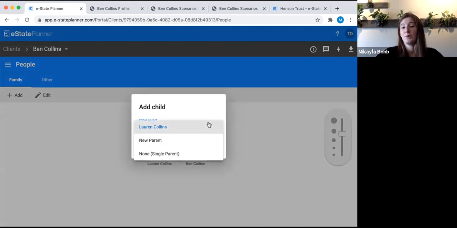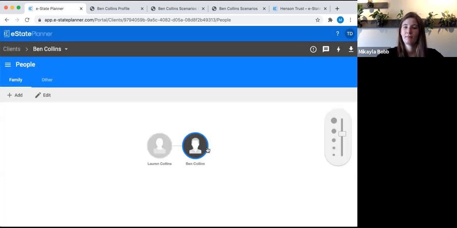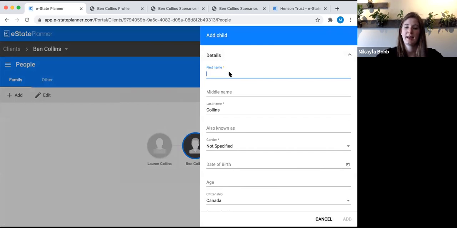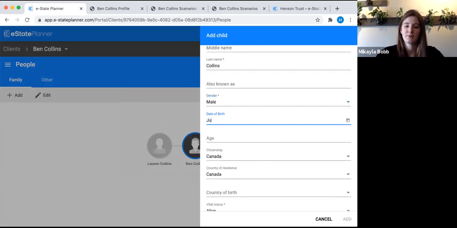And then it's going to ask you who the other parent to this child is. If it's Lauren, the current spouse, if it's a new parent, so an ex-spouse that's going to be involved in the will, or if there's a single parent. So either the ex-spouse isn't going to be involved in the will, so you don't need to add them to the family tree, or they're genuinely a single parent, then you can click that option. But let's say it's Lauren. And then again, the key fields, first name, last name, and gender. Date of birth, let's just put in